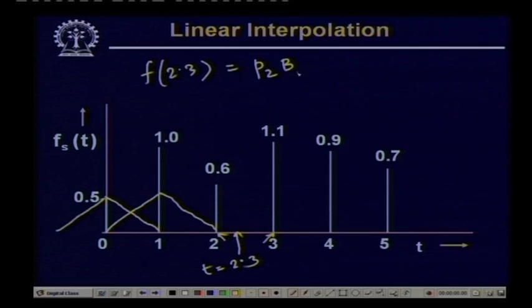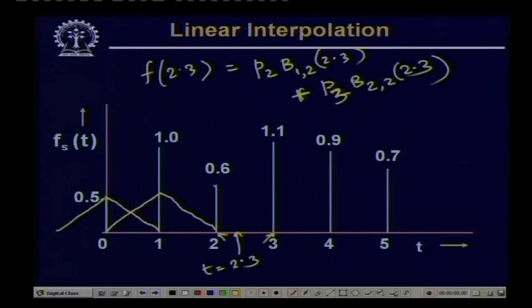So, this will be equal to b 1 to 2.3 plus p 3 into b 2 to 2.3, just this. So, the contribution of point p 2 to this point t equal to 2.3 will be given by this value, and the contribution of point p 3 will be given by